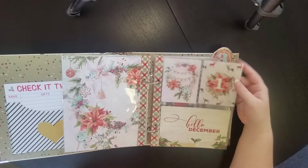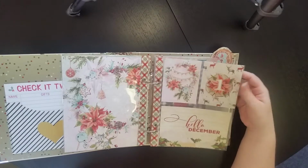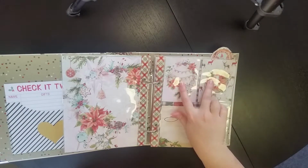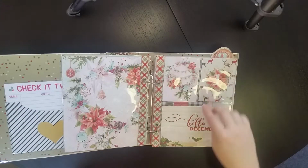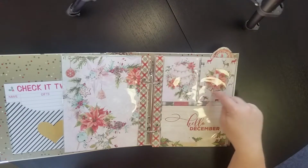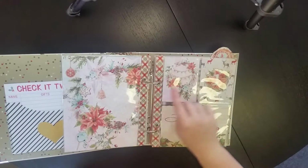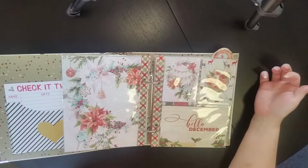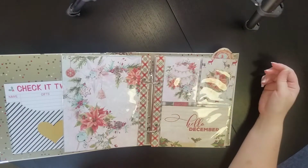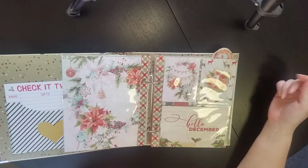So then we move on to day 1. More of these insert pages that come with the binder. This one has your three spots. So I cut out the number 1, like a fussy cut. That number 1 came with the Mintay collection, and then this little, is it 2x4? I think that's what it is. Yeah, 2x4. It just says Merry Christmas. It's really super cute. And then the